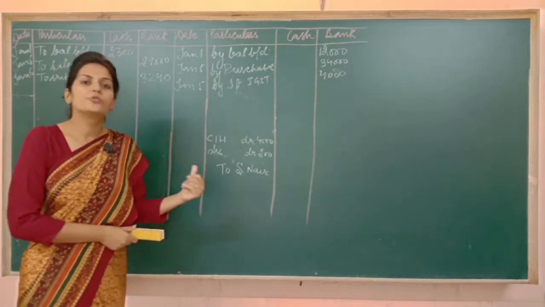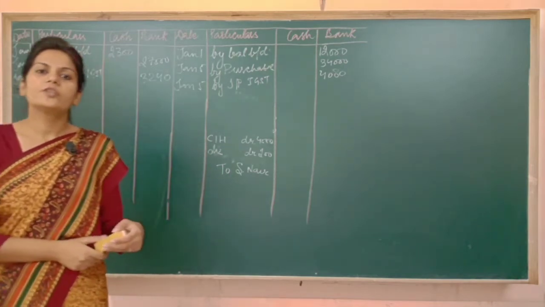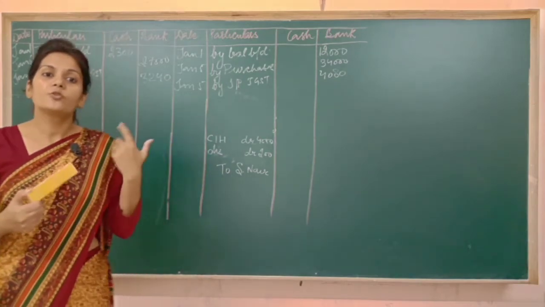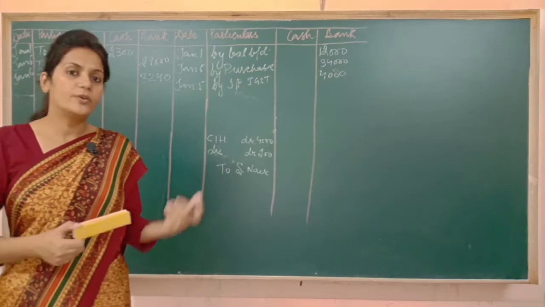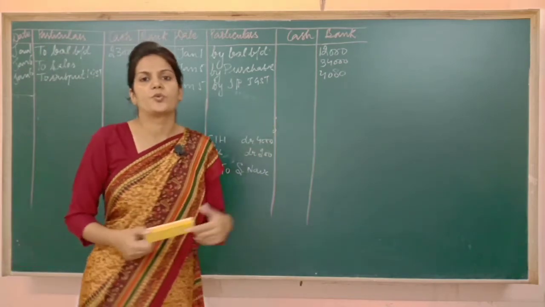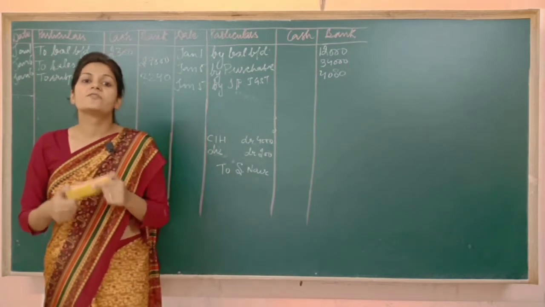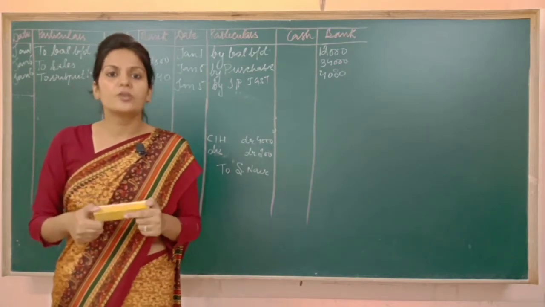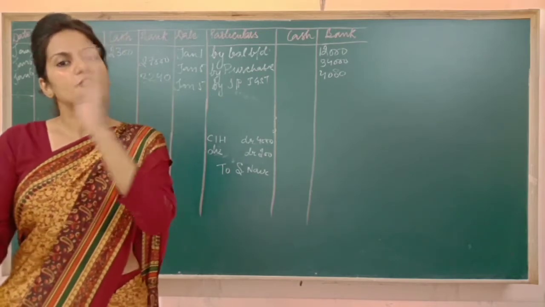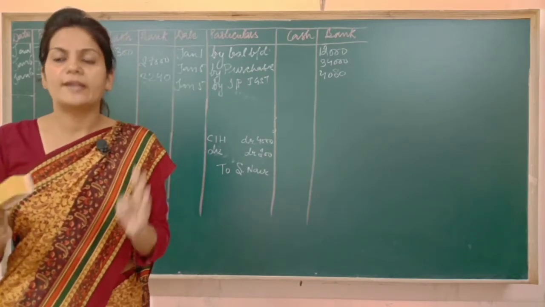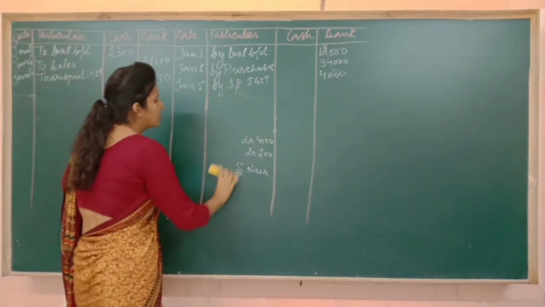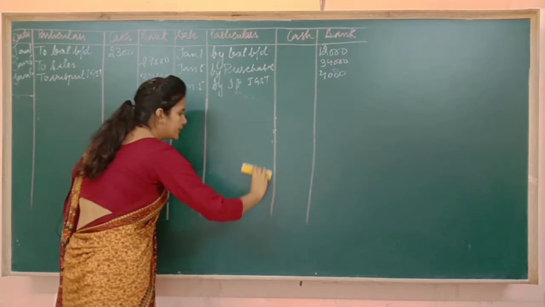So where are we going to record this transaction? We are going to record such transactions in the journal proper. And when do you have to make the journal proper? You have to make the journal proper at the end of the cash book. The transactions which will not be entered in the cash book, you have to write the journal entries of those transactions in the journal proper, which will be prepared at the end of the cash book. So this transaction will not be written in the cash book.